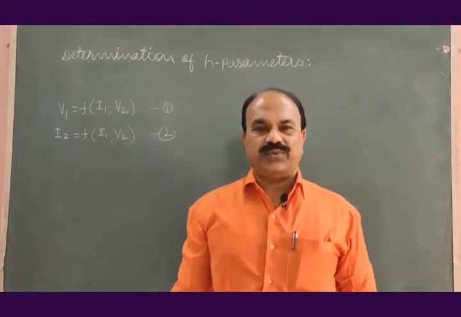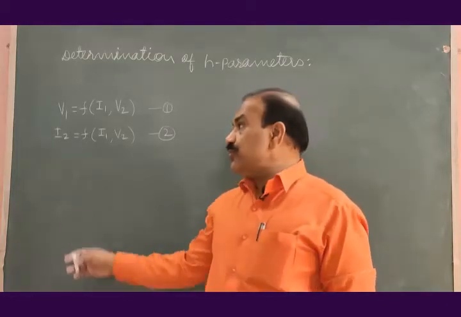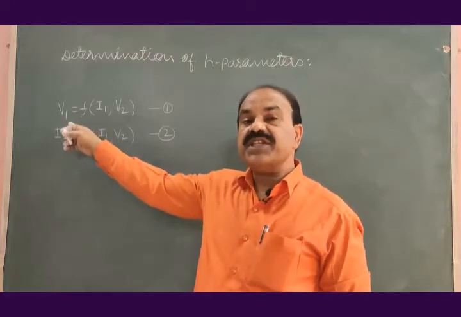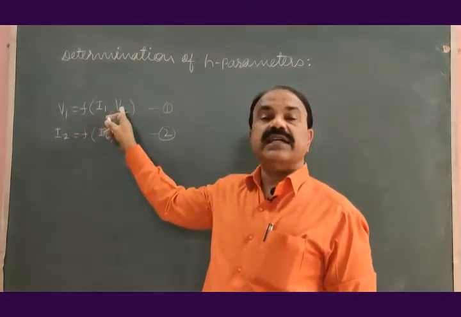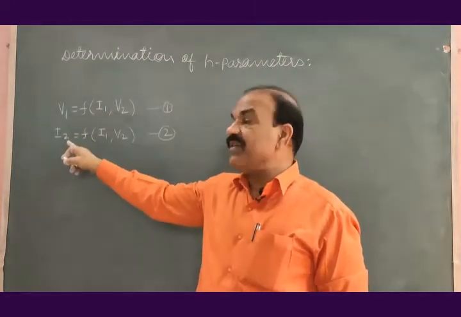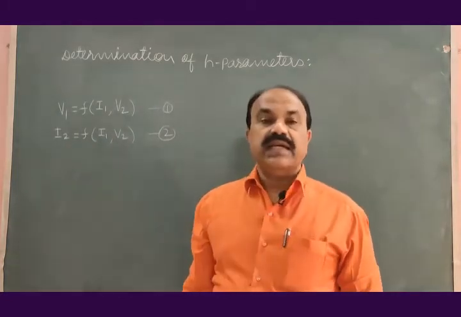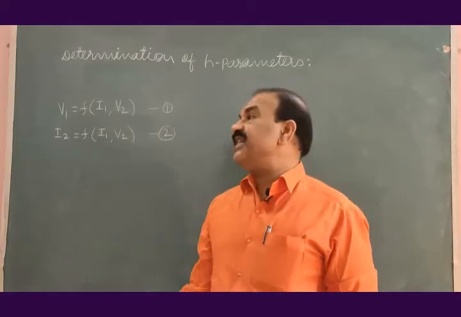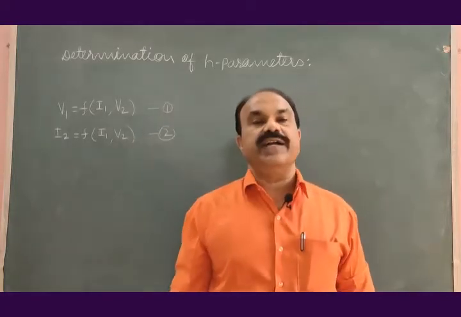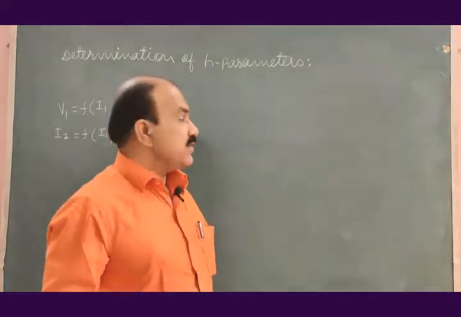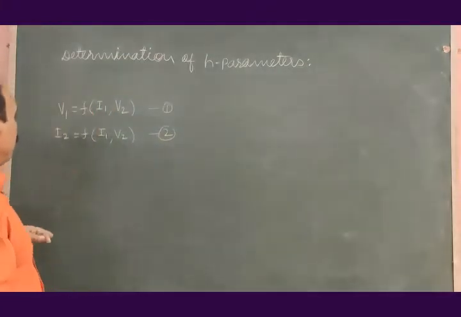And therefore, to see variations in V1 with respect to I1 and V2, to see variations in I2 with respect to I1 and V2, let us differentiate equations 1 and 2, so that we will have